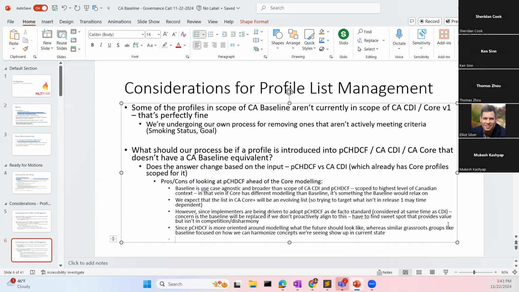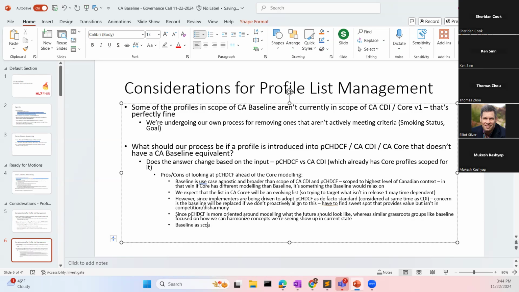I think I see them as separate, but only in the sense that there's going to be stuff that is Canadian context that maybe doesn't belong in the core. It's not going to be a consistently required element across all specs, which is what the CA Core is planned to be. There's going to be stuff that e-referral, e-consult is not going to be able to provide, as an example. We wouldn't want to have that in the core, but maybe that is guidance we definitely want to have as part of the Baseline, to say that if you work in Canada and plan to interact with our health system, this is the guidance we want people to take, so that everyone is using the same